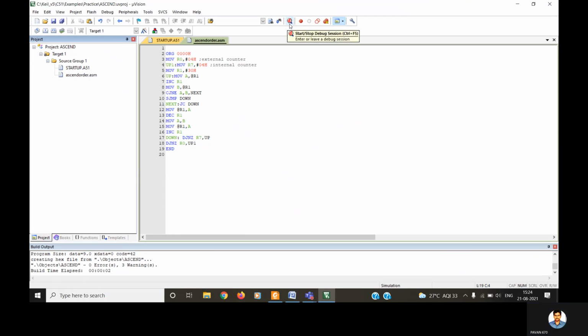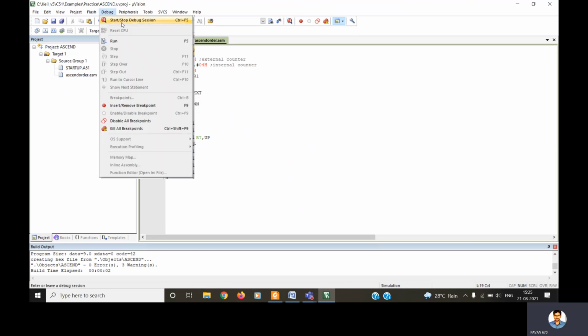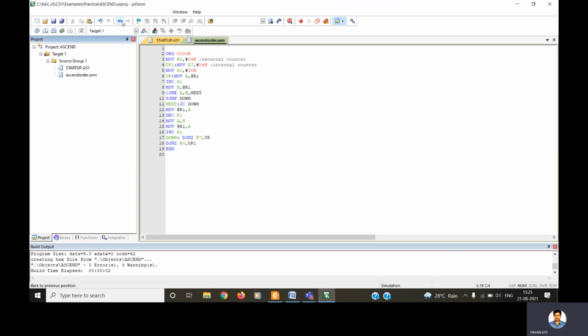This one, a D symbol, the magnifying glass. When you put the pointer there, you can see the message start or stop debug session. Either you click this option directly, or you can go to the menu and click this one. Either way, you will be directed to the debugger.